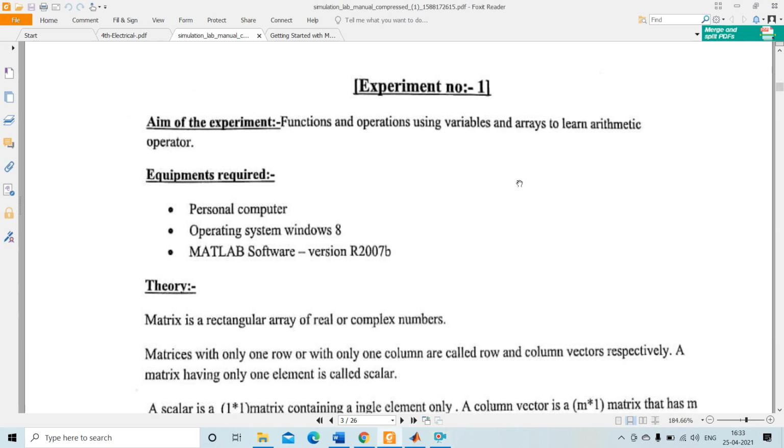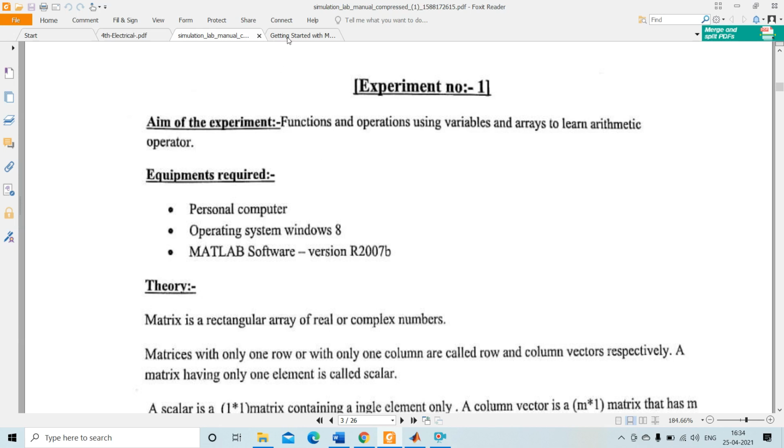The aim of the experiment: functions and operations using variables and arrays to learn arithmetic operators. The equipment required are a personal computer, operating system Windows 8, and MATLAB software. Here it is mentioned version R2007, but I am using version R2018B.